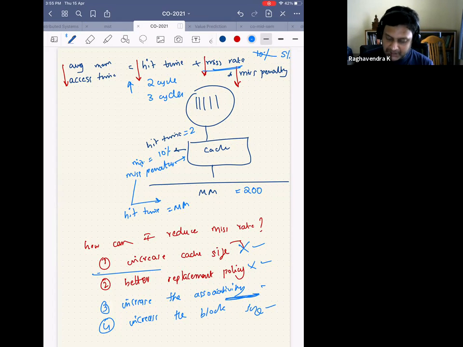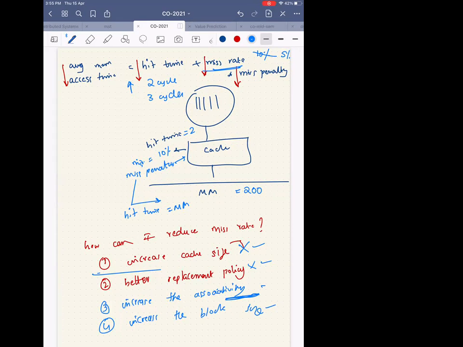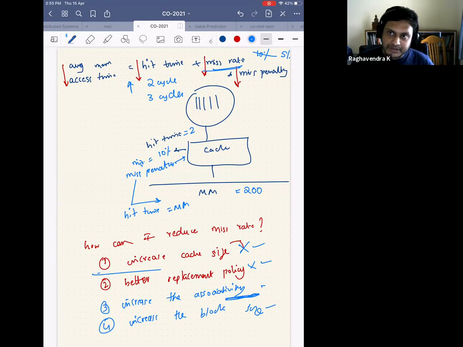So I can increase the associativity. Yes. If I increase the associativity, the miss rate decreases. But what increases? The hit time increases, right? Because the number of ways that you are searching is higher. It's like the car parking example that we saw, right? If it's a 4-way associative cache or a 4-way associative parking lot, then I can search the 4 cars in parallel or one after the other easily. But if it was 16, then I have to search for 16, which means that the hit time increases. So miss rate decreases, hit time increases. Again, I don't know the answer.